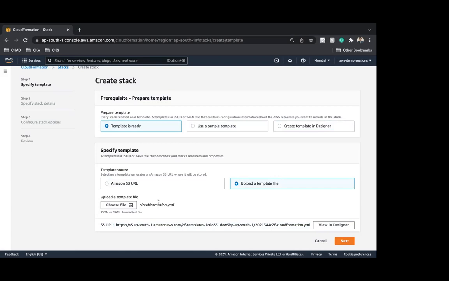What it will do behind the scene is, as I upload the template from my local machine to the console, AWS console will take the template and post it into an S3 bucket. Now in the review page, you will see it is pointing to this particular template at this S3 location, not to the one which I've locally uploaded. Ultimately it's the same copy which got uploaded, but it points to the S3 location.